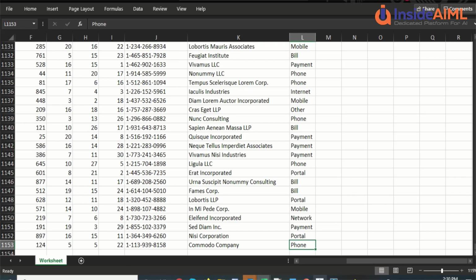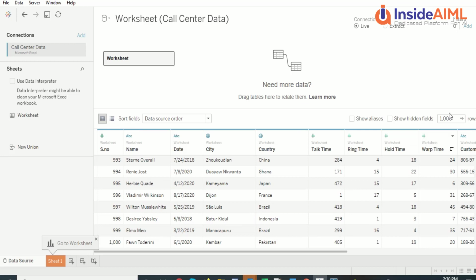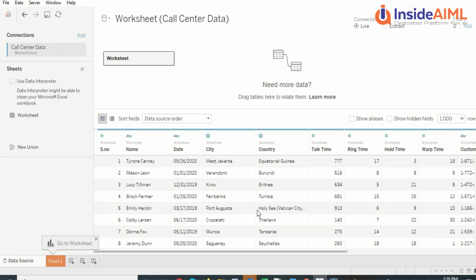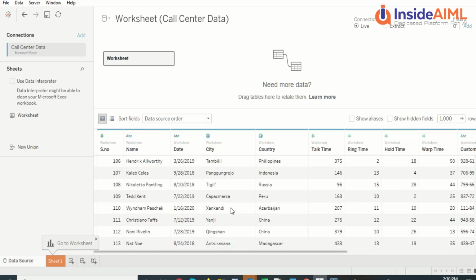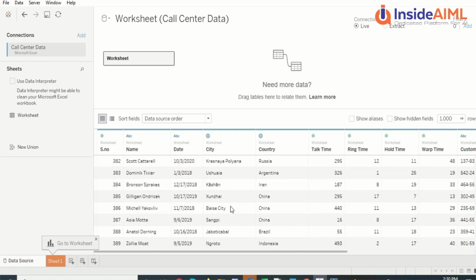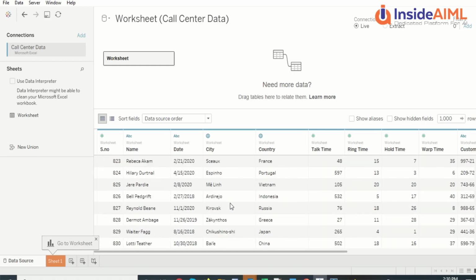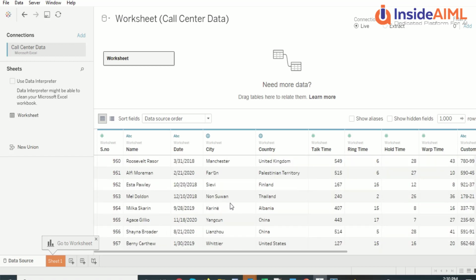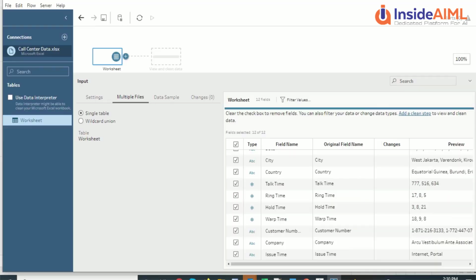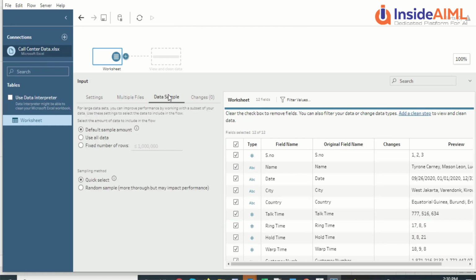Let's go ahead and see how many rows it is saying somewhere. Say next 1000 rows. Doesn't seem like next 1000 rows. Okay, so it seems like the empty rows are not there, at least in the first 1000 rows. Let's jump back to Tableau Prep. Do we see? I don't see. This is the field view. Let's see the data sample here.